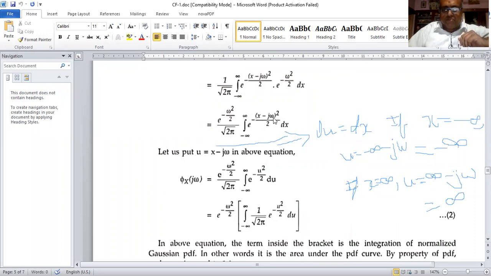So I have put x minus j omega is equal to u. So I get e to the power of minus u squared by 2. Okay. Then dx is equal to du, no? So dx is equal to du or du is equal to dx. So dx gets replaced by du. Now